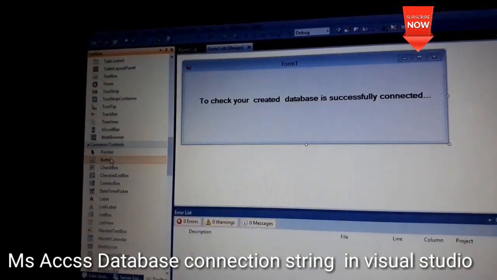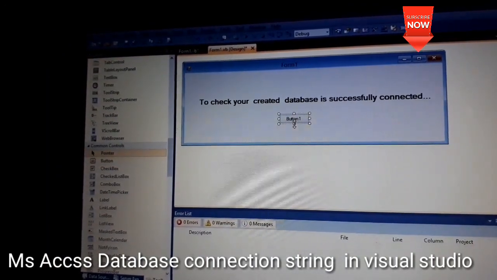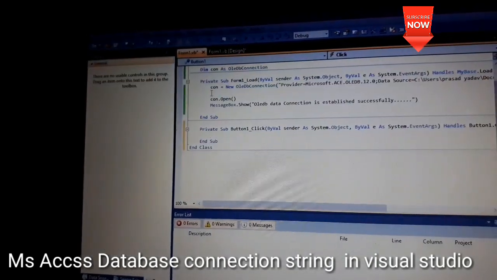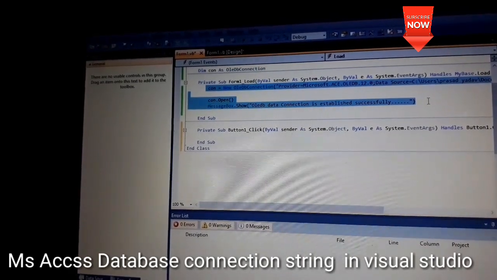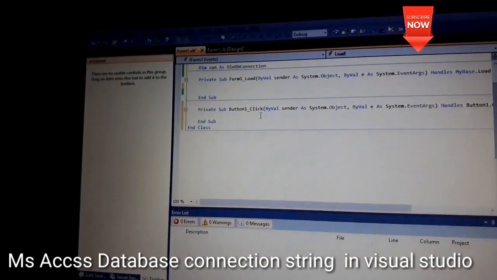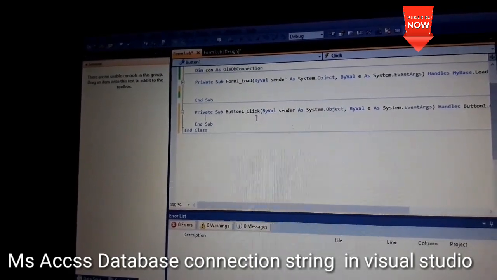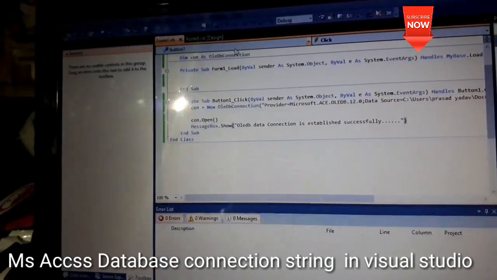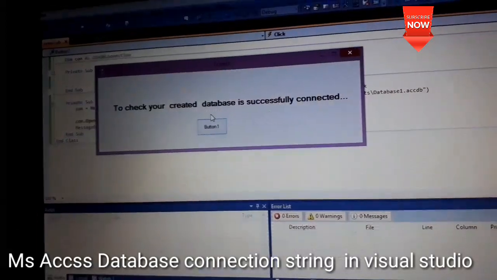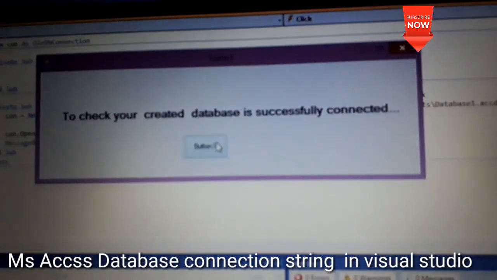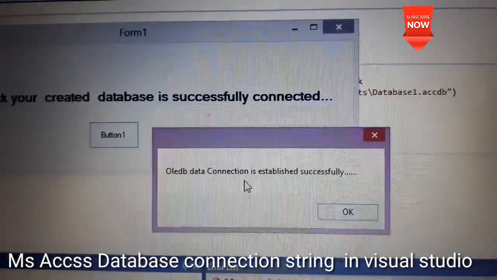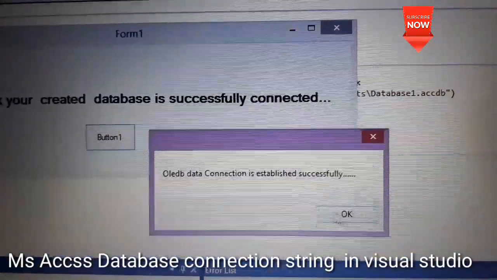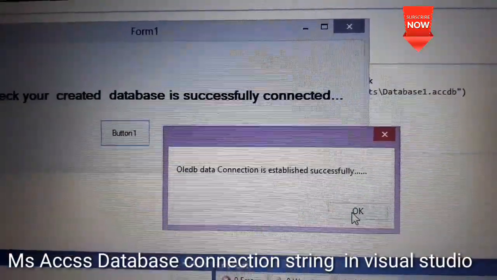Just go to your form toolbox, use any button, double click on the button and cut all the code with Control X, then paste it with Control V. Save it and check whether the button click operation is successfully performed or not. Click on the button. Yes, the OLEDB data connection is successfully built on the button click event.